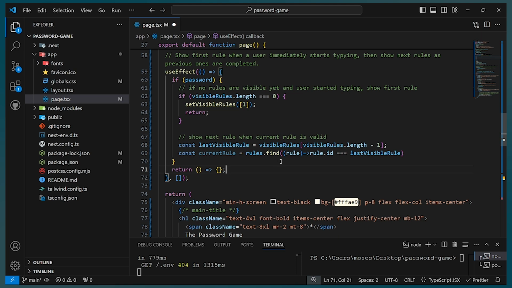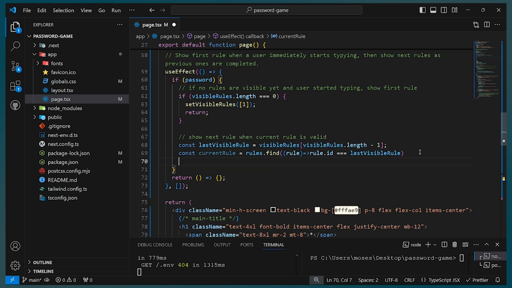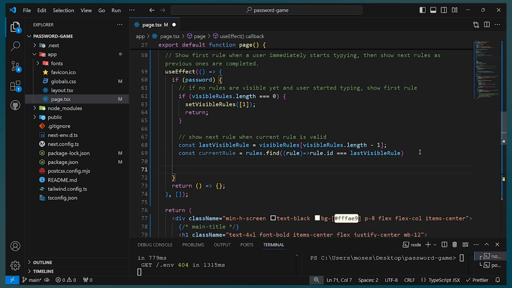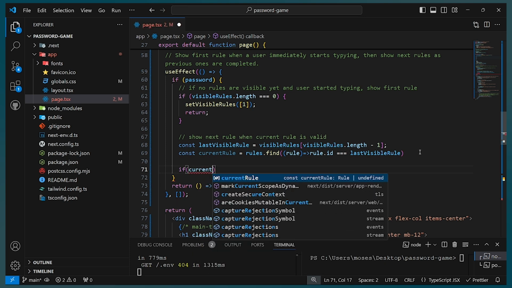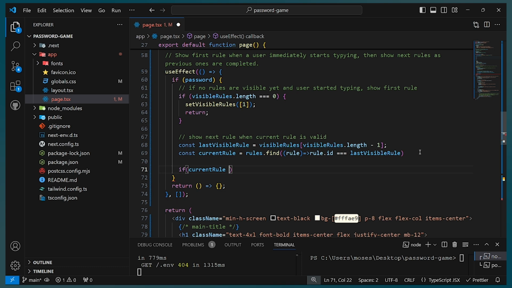const currentRule is equivalent to rules.find a single rule whose rule.id is equal to lastVisibleRule. We go into the rules and then we get one rule which is equal to this. So I think this is going to work. I'm going to try it and say if currentRule and currentRule.validator